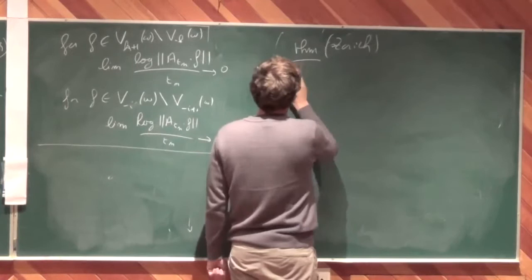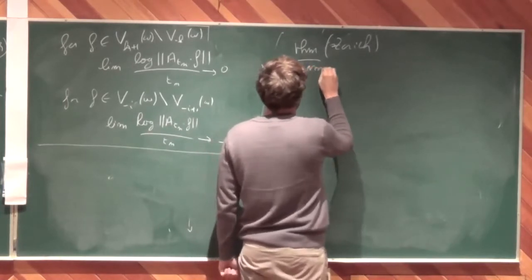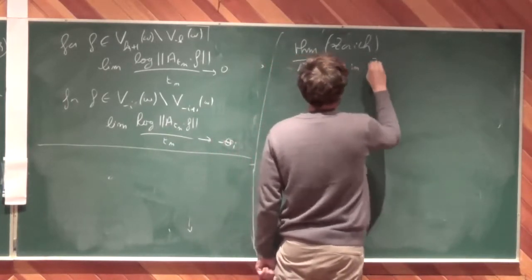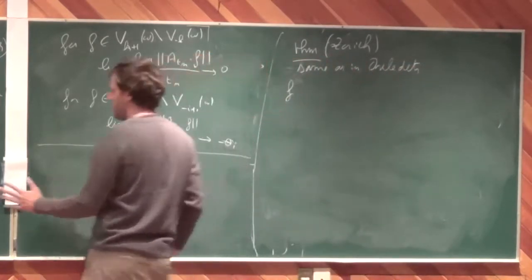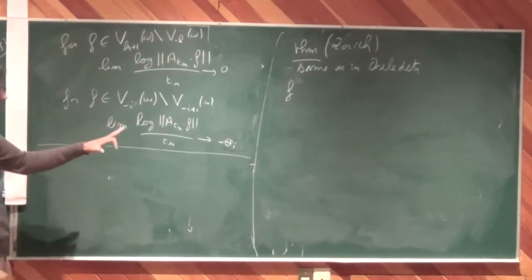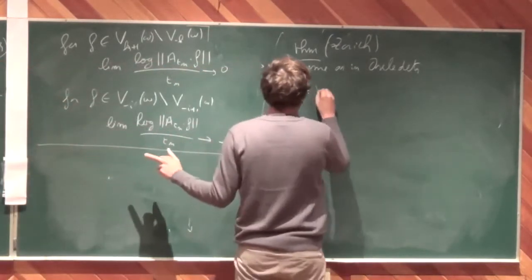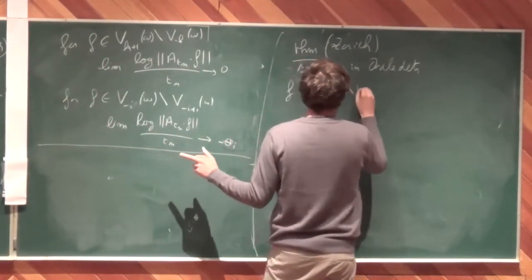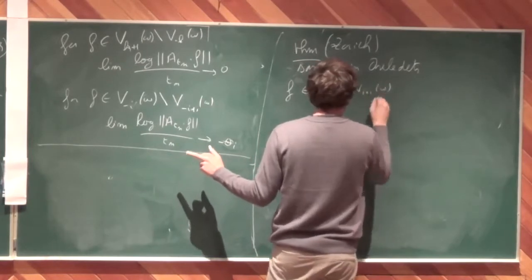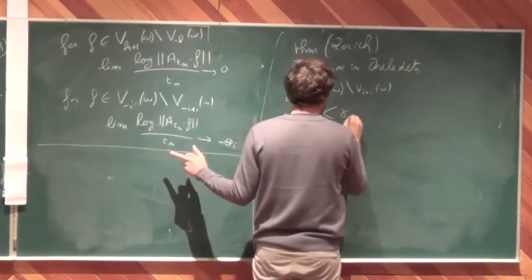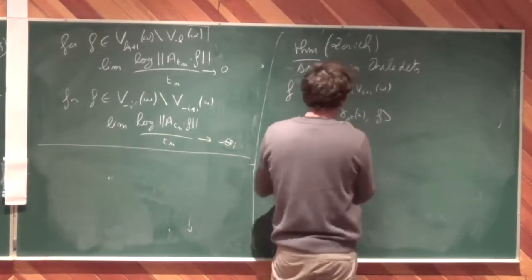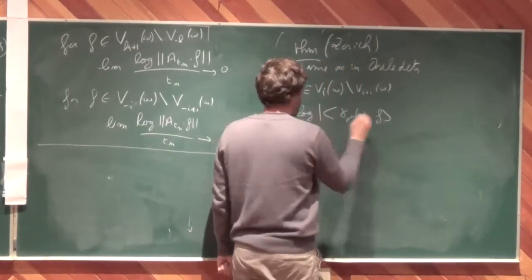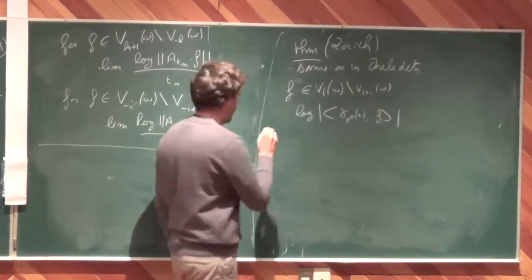Let f be as in the previous statement, and I just changed this conclusion into a conclusion about the Birkhoff sums. So if f belongs to vi of omega minus vi plus 1 of omega, what you get is that the intersection of your stuff with the function,